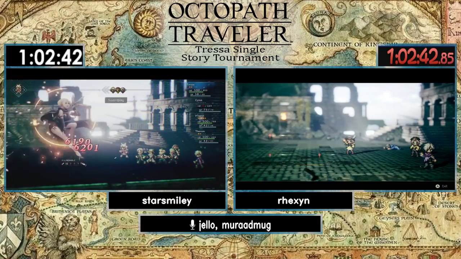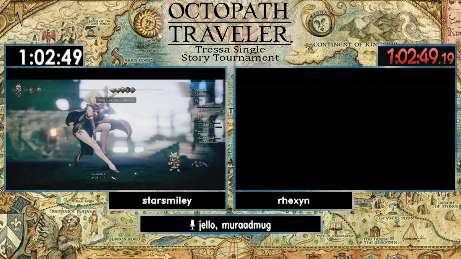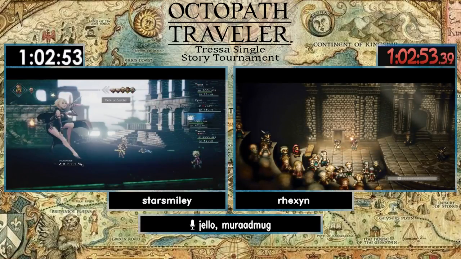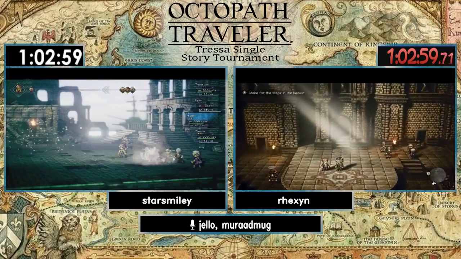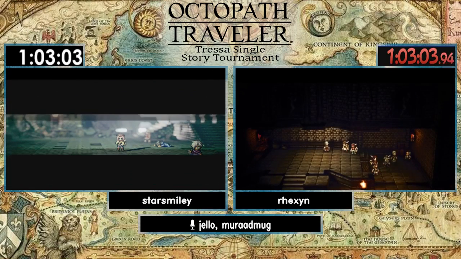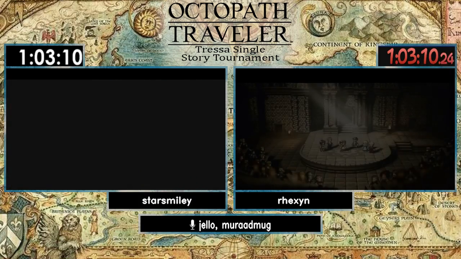Yeah, Cyclone, this is the final fight, and Rex takes it. And Star should be finishing up the fight right here. And then our winner is Rex. Dude, that was so close at the very end. Yeah, that was...